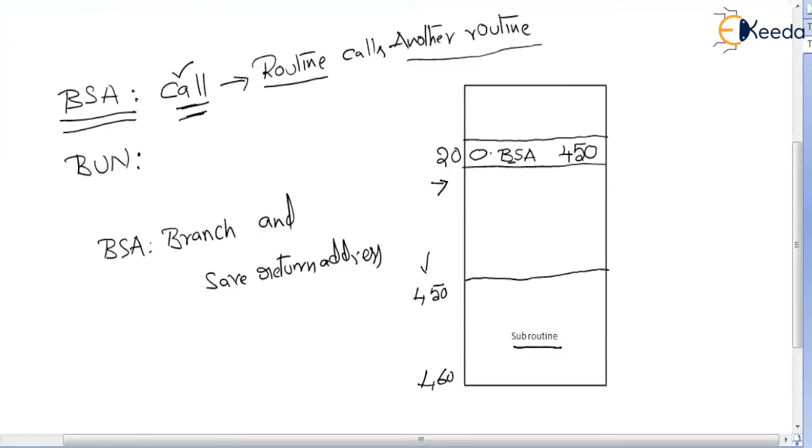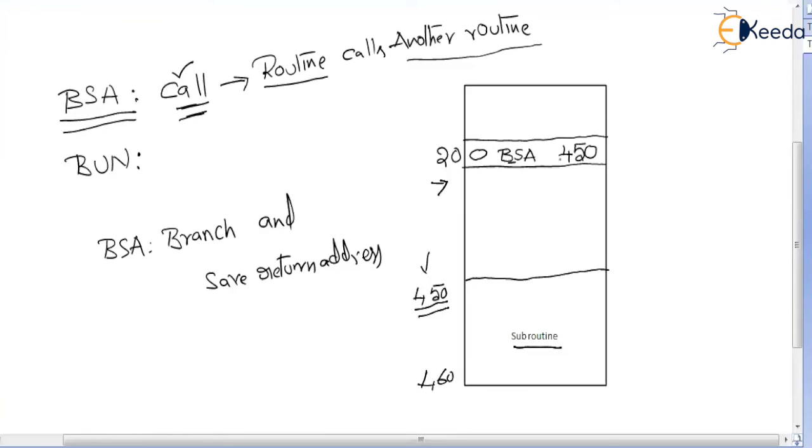Once again, there is a routine and there is a subroutine. When a routine branches to a subroutine, after the subroutine gets executed, we should be able to go back to the main routine, which calls a subroutine. Okay. Now, how is it going to happen? Stay focused. We need to branch to 450. Right? We are going to branch to 450.